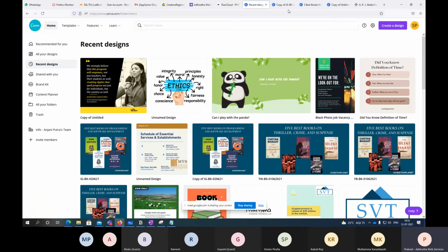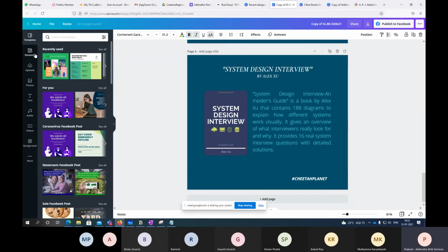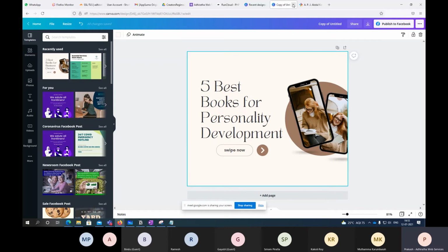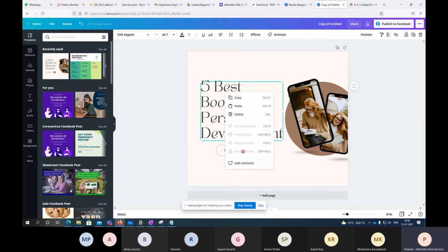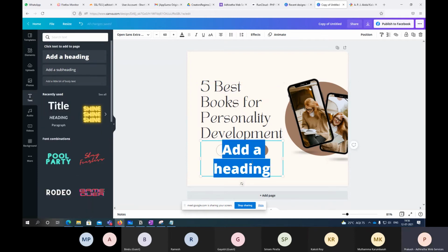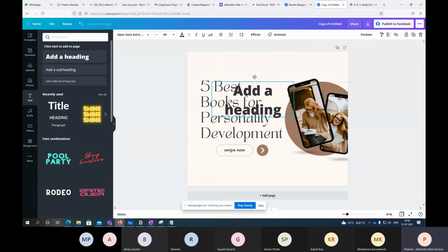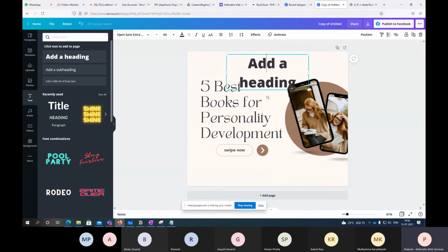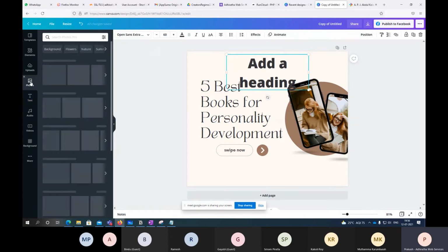Maybe I'll tell you. So what is happening there is, I'll create one sample thing for you here. See, now if I'm creating something here, there is something called send to back, send forward, these options will be there. Maybe you're missing something there. For example, if I'm adding text here, I can add a subheading here, right? Now this subheading is the color of the same background, then it is getting mixed in that. You're not able to see the text, or else I'm using one, maybe I'll upload one photo here.